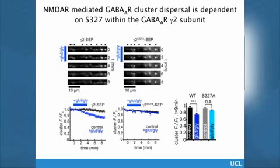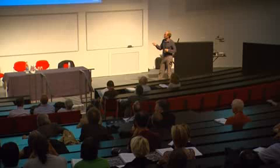So we basically repeated the experiments that we'd done already, but this time using a gamma-2 subunit of the GABA receptor tagged with this Super Ecliptic Phluorin. We initially ensured that receptors containing this tagged subunit were again efficiently targeted out into neuronal dendrites. So what I hope you could see is these clusters of fluorescence again. So it's effectively targeted out into the right place. They're opposed to inhibitory presynaptic terminals, and they also undergo activity-dependent receptor declustering,